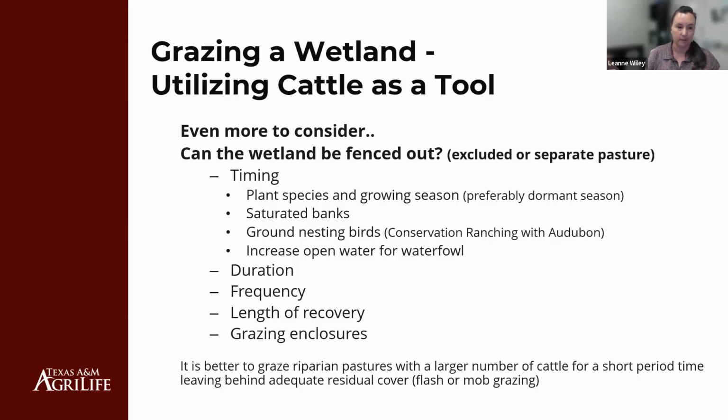from a specific area? Within that, you're going to be wanting to consider the timing, because this is more where the plant side would come in, and my wetland experts are going to know more of the specifics than I can probably spout out in the next few minutes. But every species is going to have that growing season, and you're not going to want to graze plants down when they're trying to actually be producing. It's more preferable to graze in the dormant season, especially if you're trying to control an invasive species by using cattle to graze that down.